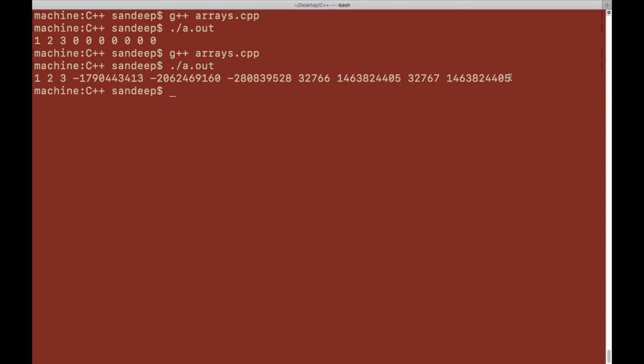We'll understand these things in much more detail in coming lectures, but as of now you should understand that there is no bound checking, and that's why C++ is able to access elements outside of it. If you try to do this in Java, it will give an error.